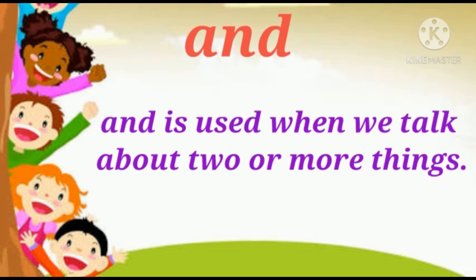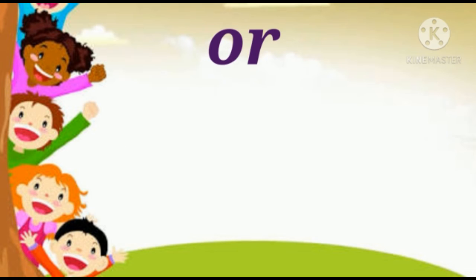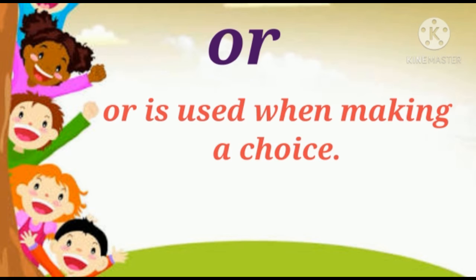Now after that we have another conjunction, or. We use or when we are making a choice or giving a choice of something. For example, we have a sentence, do you like coffee? Do you like tea? So we have to make it in one sentence because here they are giving you a choice of tea and coffee. So we will make it a sentence like, do you like coffee or tea? So we use or when we have choices of something.